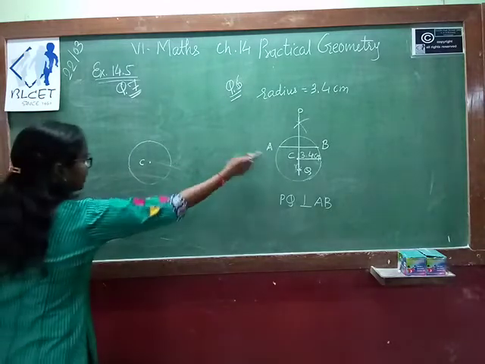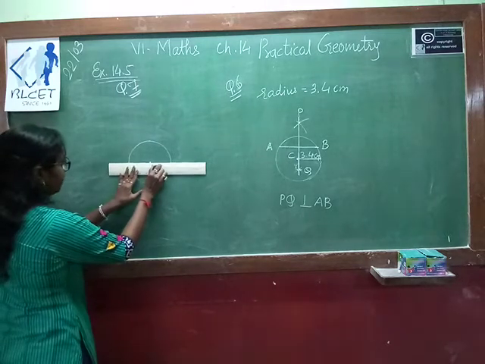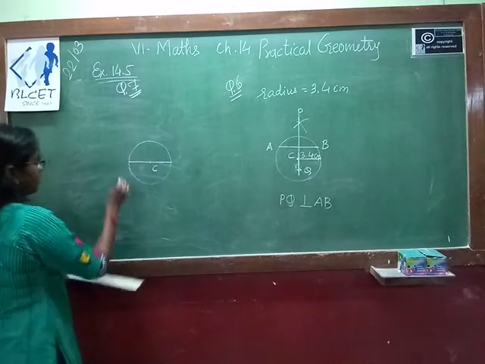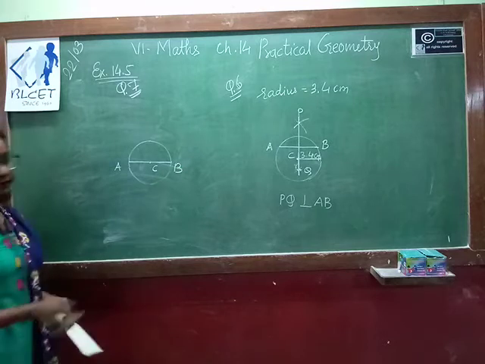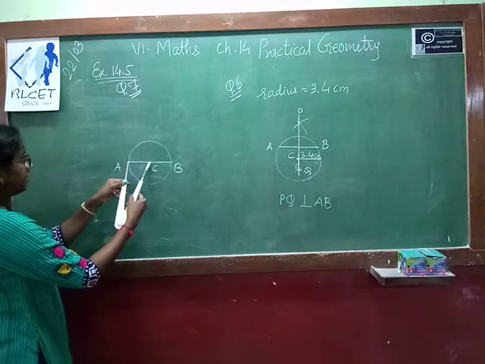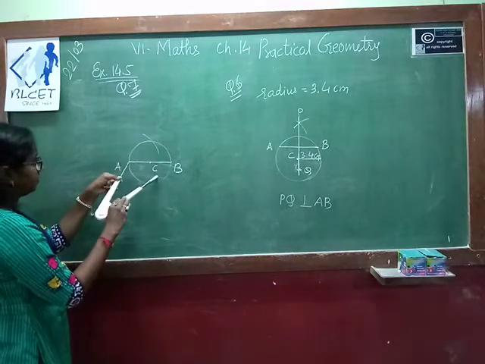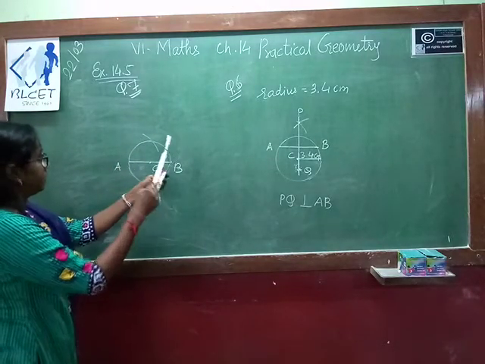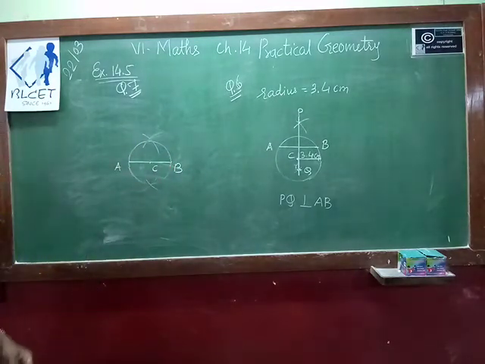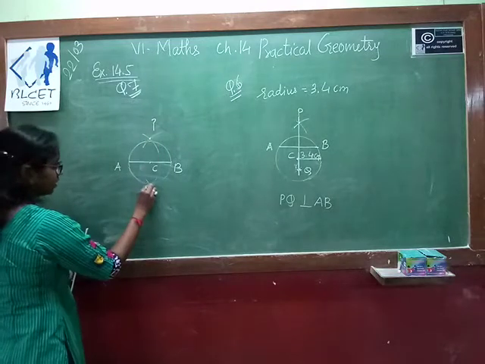Now suppose that AB, here AB is your chord. Now here AB is your diameter. Then let's see how we can draw the bisector. Now AB is your diameter and we have to find the perpendicular bisector. So more than half the length, we have to take measurement. Draw an arc above and below. Same from B, above and below. So we are getting intersecting points. Here it is P, here it is Q.